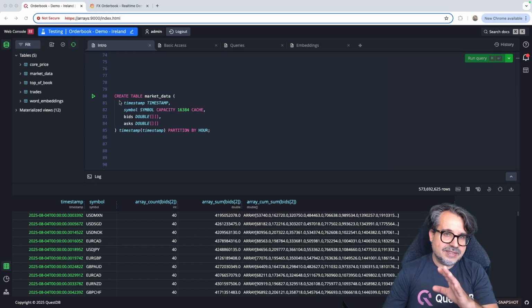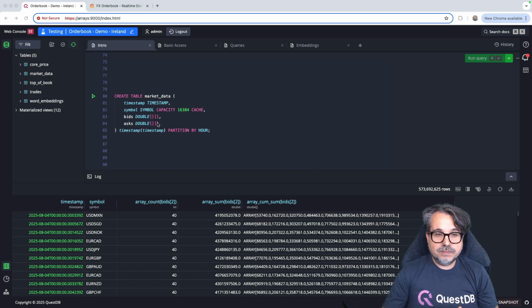And I'll tell you in a second what an array means, for those of you that are not familiar with the term. But in an array, I'm going to do this. I'm saying, I'm going to store in one column the timestamp, in another column my symbol, in another column I'm going to store all the bids information, and in another column I'm going to store all the ask information. And in the bids, I want to store the price and the volume. So as you see here, I'm going to be storing two positions or two dimensions on the array,